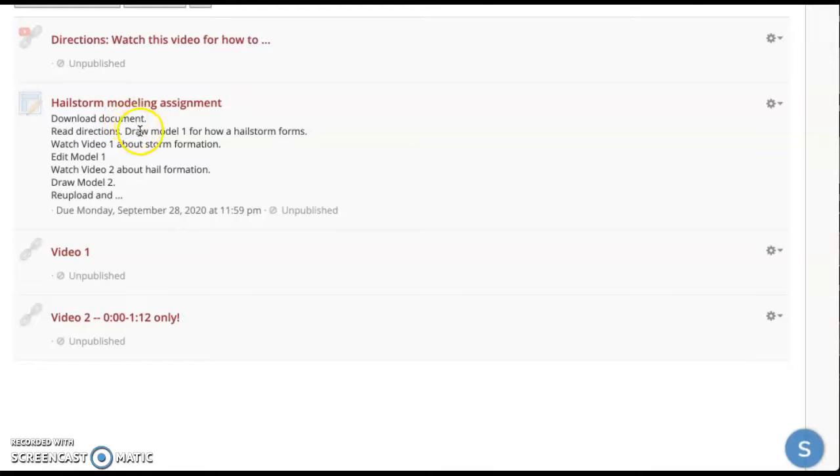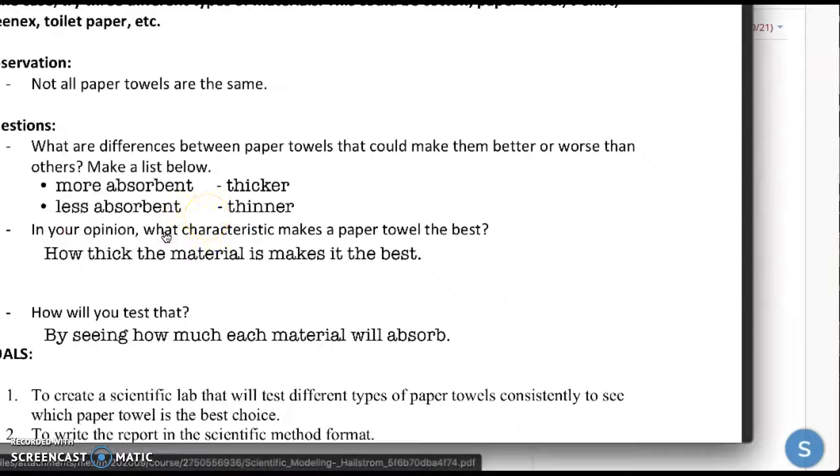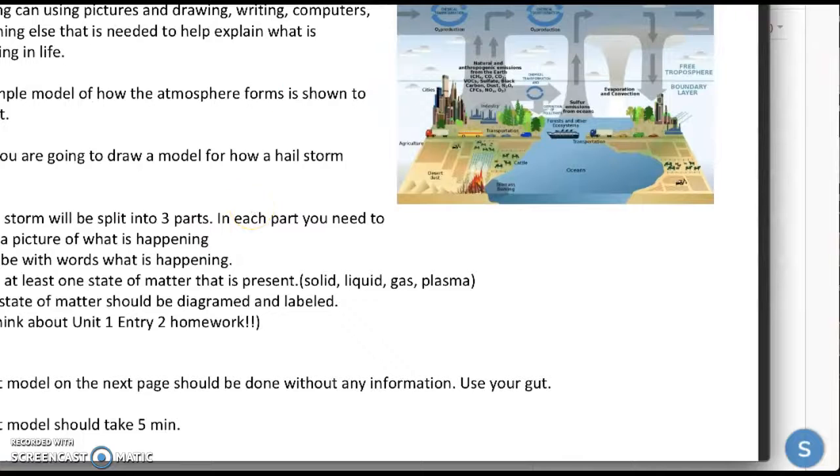Download the document, read the directions on the assignment, draw model 1 for how hailstorm forms. And you're going to watch video 1, edit your first model, watch video 2, draw your second model, re-upload, and submit. So what that looks like is I'm going to open this and download, which I'm going to do. Right, so I'm going to read my directions,